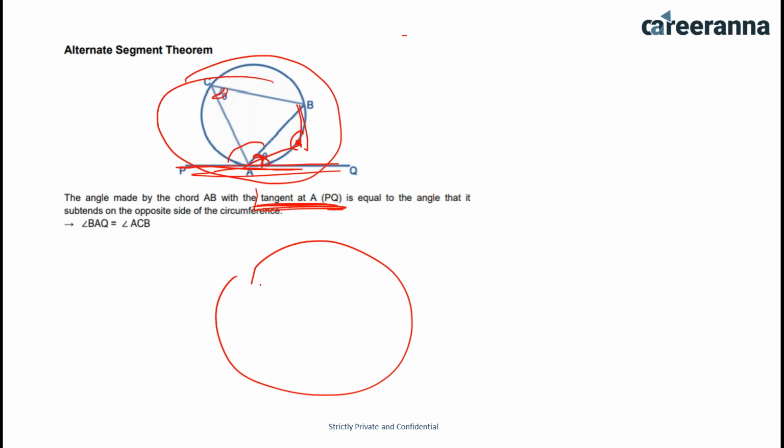So whenever there is a circle and there is a chord and there is a tangent, whatever the angle formed at this point is always equal to the angle which is formed by that particular chord on the circumference on the opposite side. Okay, so these two angles are always equal. So this is the alternate segment theorem. We didn't use it in our question, but this is very important because mostly students don't know about this. So that's why we took this theorem in this particular session. Now, if you have any doubt in this question or any doubt about the theorem, then you can ask. Okay, so